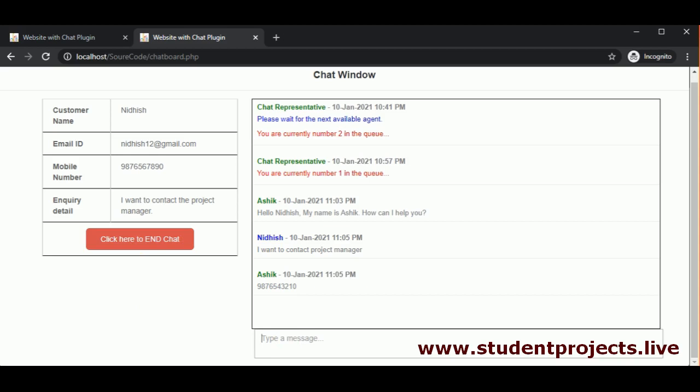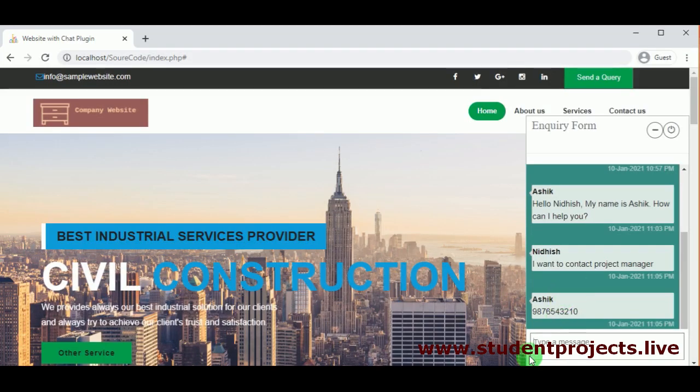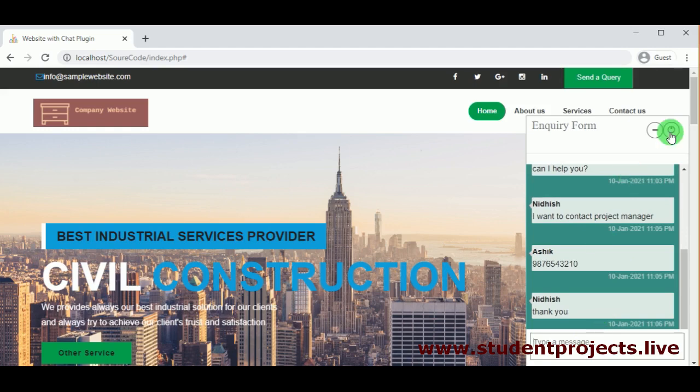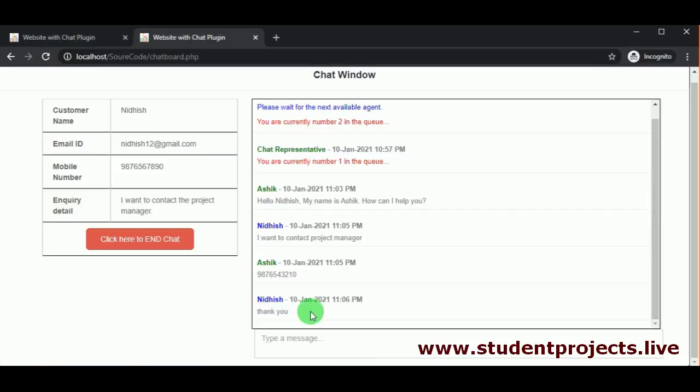So with the second customer, the employee clicked on end chat, and the employee will end the chat with the second customer.